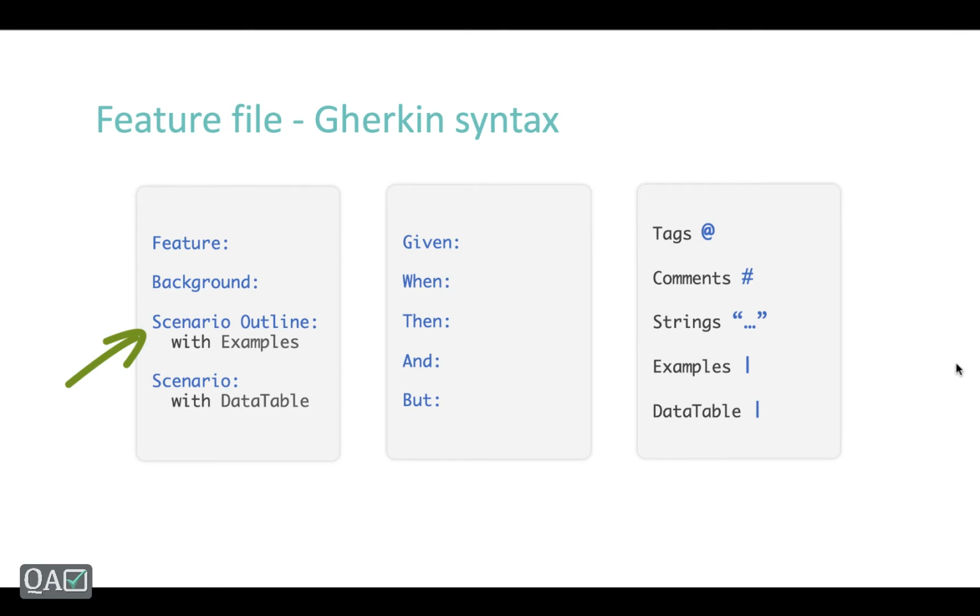So if I make two scenarios, then it is repeating the same code, right? So that's where the scenario outline comes into the picture. Because if you see both of these scenarios, the common thing is logging in, where you will be entering the username, entering the password, and then clicking on the sign in button. The only difference is your test data.